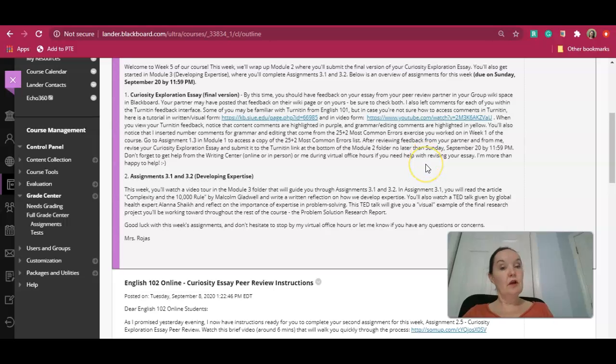Don't forget that you can also take advantage of the services of the Writing Center, either online or in person, and you can find all that information in the syllabus about how to set up an appointment. You can directly contact them if you're comfortable being on campus. You can also stop by LC 347 and they should be able to help you with setting up an in-person appointment or even an online one.